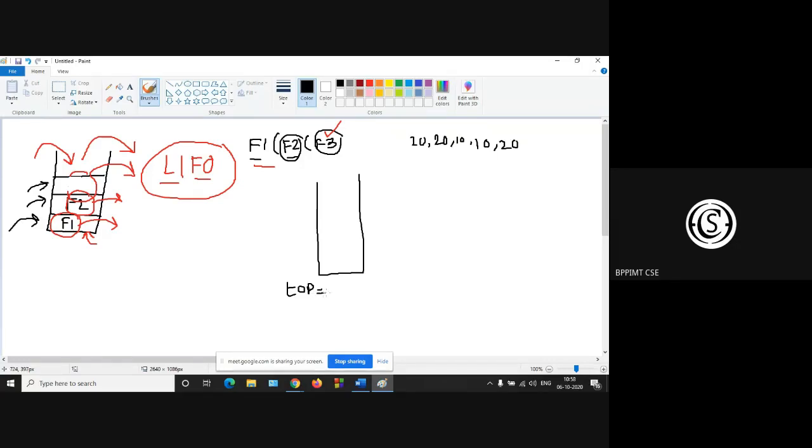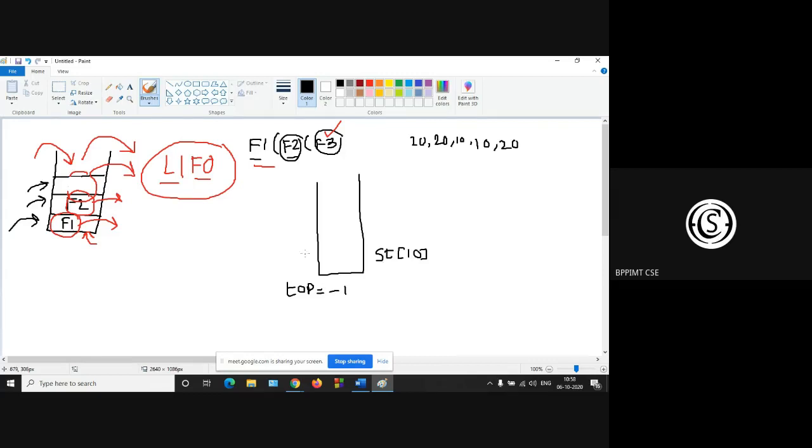So initially let's always initialize top to -1. So this is nothing but an array. Let this be the array. The name is, let's say, stack st, st10. So 10 entries will be maximum in the stack, right?